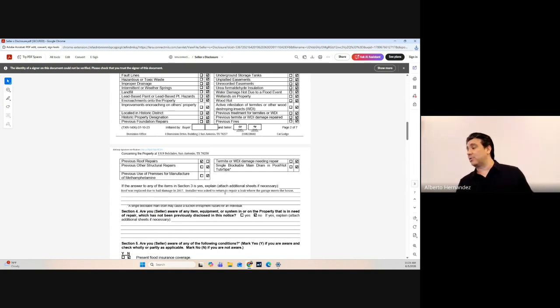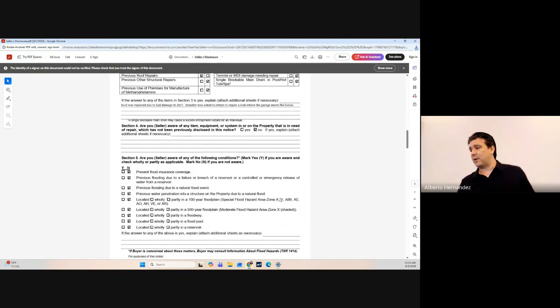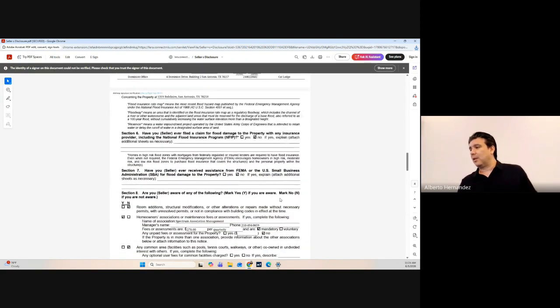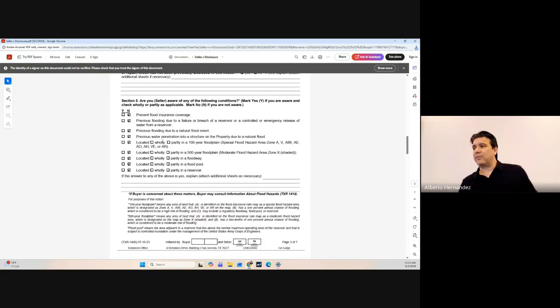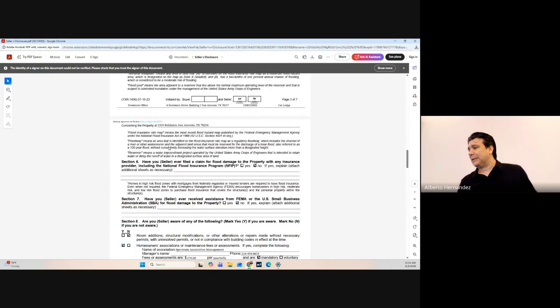Installer was asked to return to repair a leak where the garage meets the house. So they disclosed whatever happened to the roof and why they changed it there. So that's good to know. And then I also would have looked real quick to make sure we're not in a floodplain, but I know that all of the neighborhood of Vineyard doesn't sit in a floodplain, so I would have been okay. I would have perused that pretty quickly. HOA